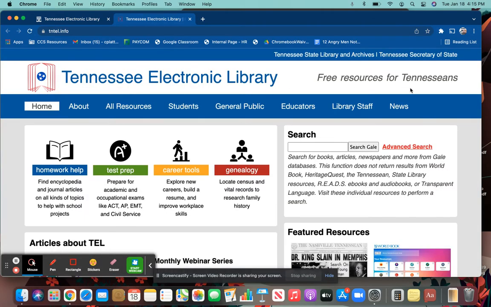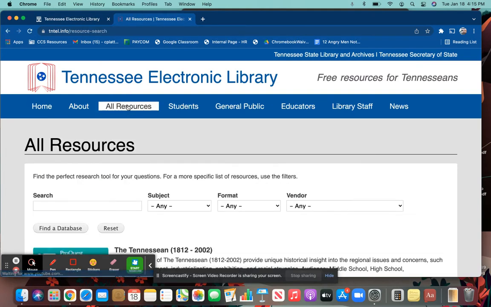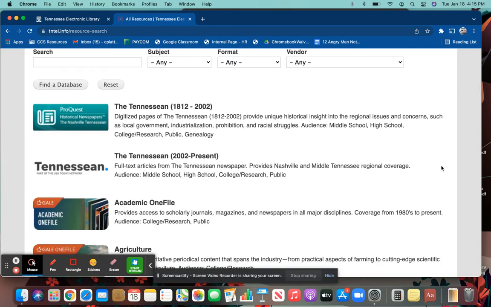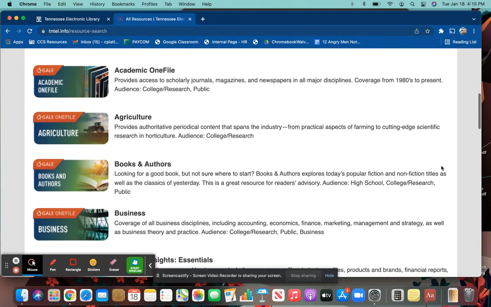From here, the most important thing to remember is where you enter your search terms. There are several boxes like the one you see on the homepage. They say search, but this is not actually where you put in your search terms for research. First, you want to click on All Resources. And then again, you want to skip this search box and come down here and scroll your different research resources